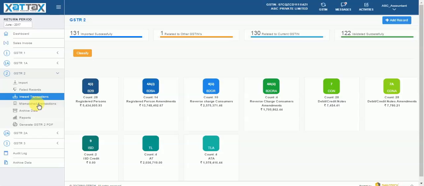But here you can find a difference, which is the reconciliation part. So, now you have 2A which is originating from GSTN and the GSTR2 which is actually originating from the accountant's source system, that is, the system where he has actually recorded the inward transactions. The government expects to find mismatches for reconciliation between GSTR2 and GSTR2A.